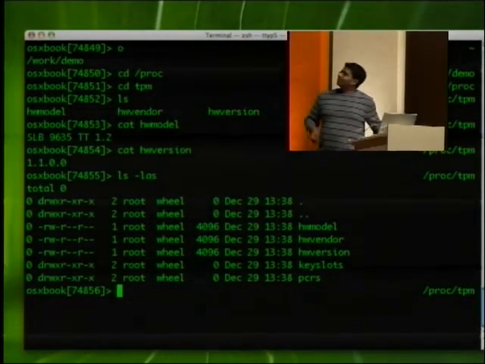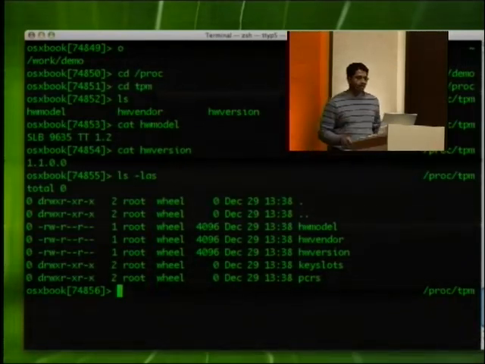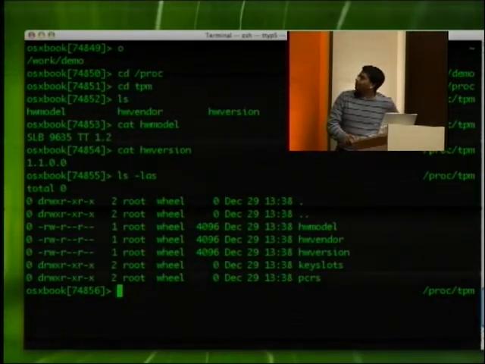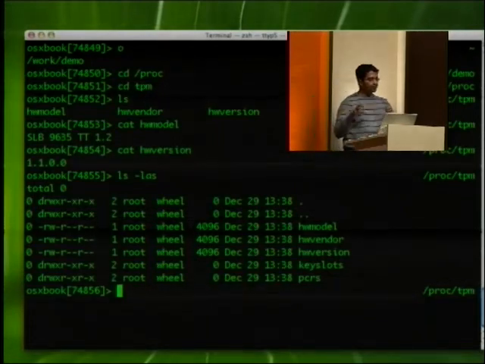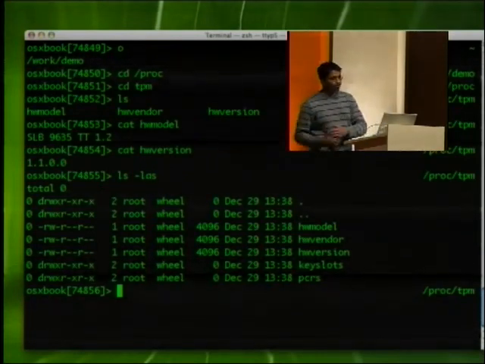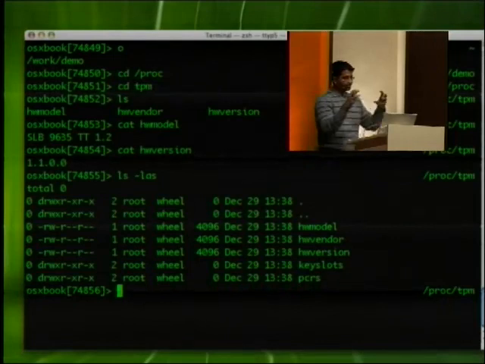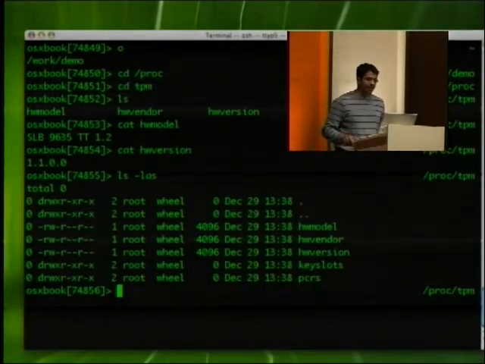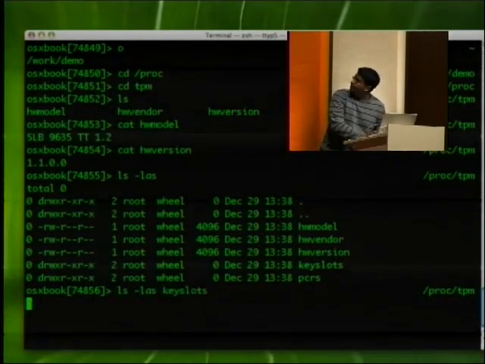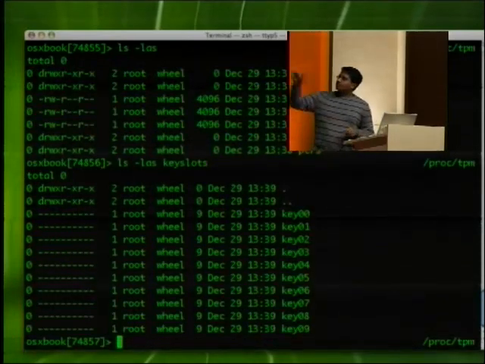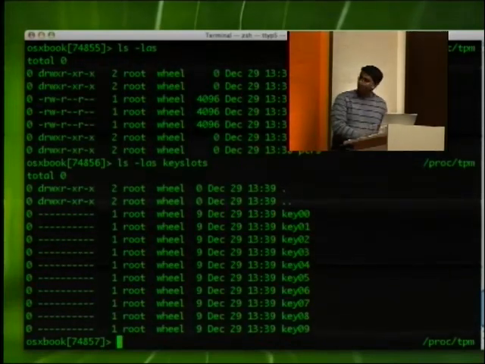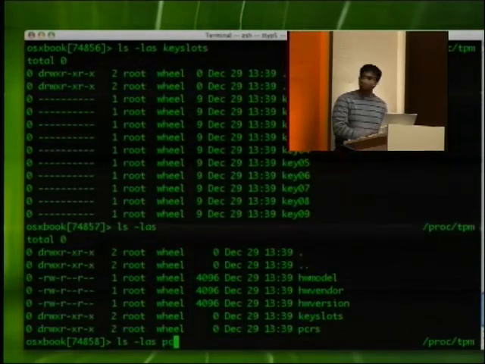Okay, so this is a proc file system representation of the TPM, very Linux-like. There are two directories, key slots and PCRs. I showed this briefly on my earlier slide. When you create key pairs, this thing has a limited number of slots. You have to load the wrapped blob into the TPM to be able to use it. It has 10 slots, and you can see there are 10 slots in there. No permissions means no keys are loaded in that slot. And it has 24 platform configuration registers, the things you use for storing those SHA-1 hashes.